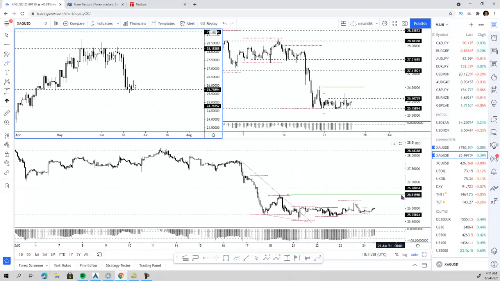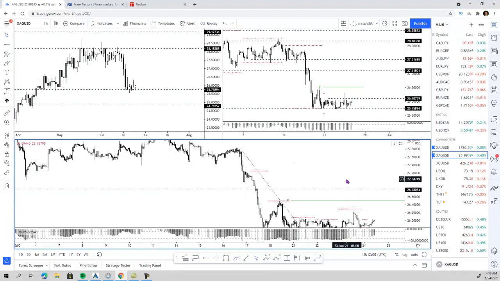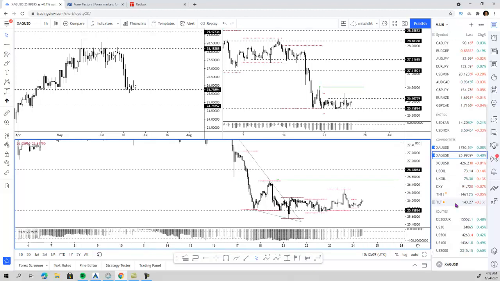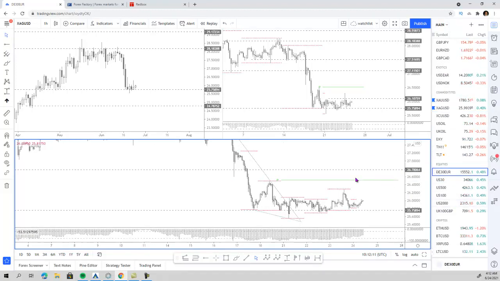So this is metals. Let's wait and see what the New York volume or the pre-market volume brings in. And let's have a look at equities, right? Today,